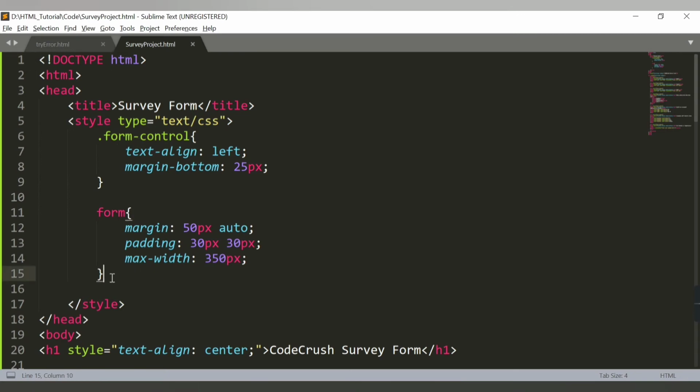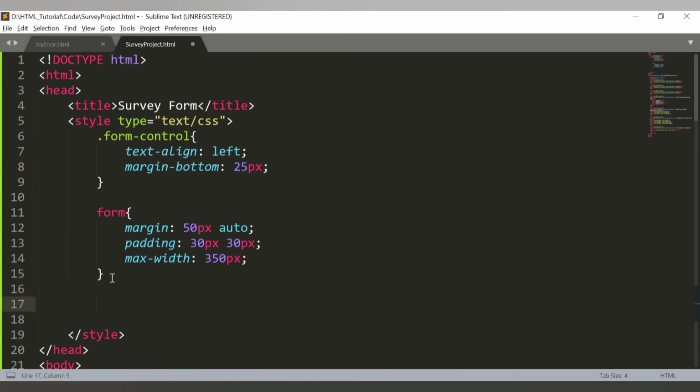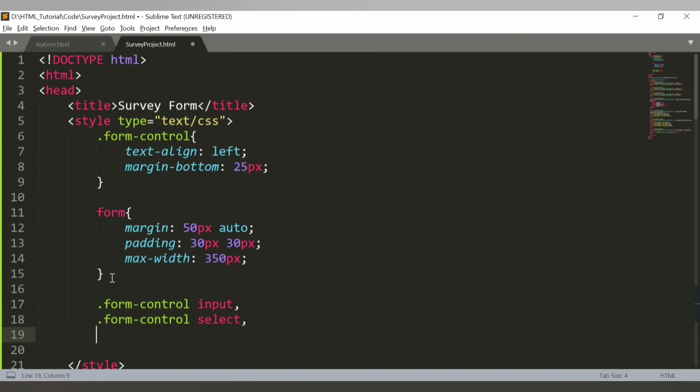So below the form, now we can say dot form control, and here we can say input. So whatever input tag is there in the form control. Also dot form control, another one was select, which we have used to select multiple options like student, intern, professional.